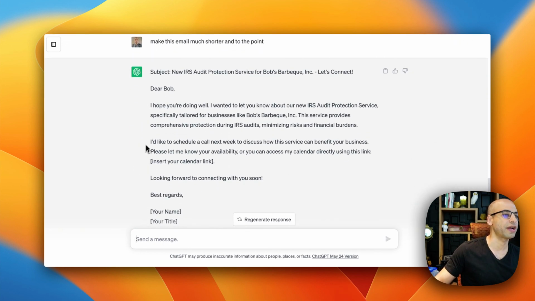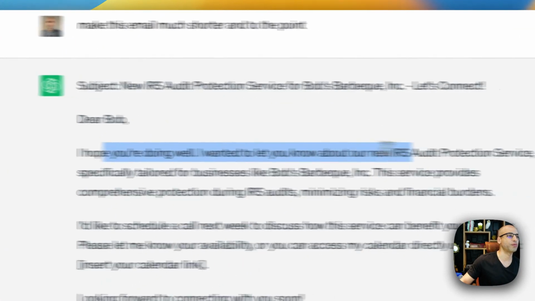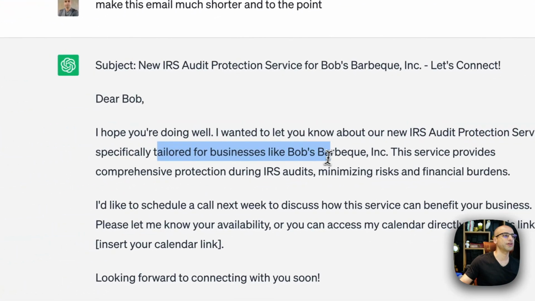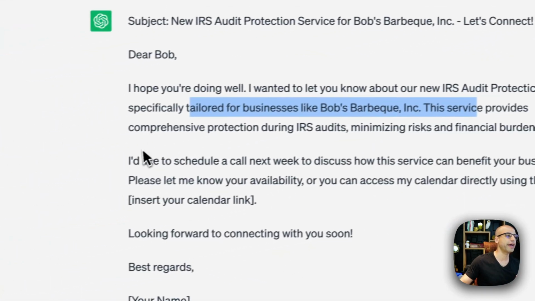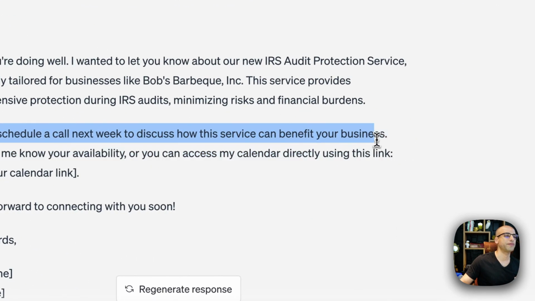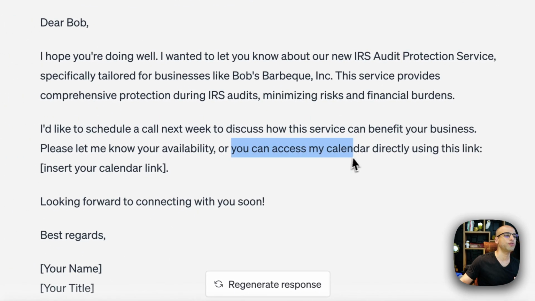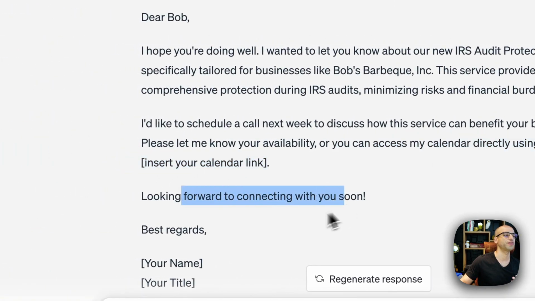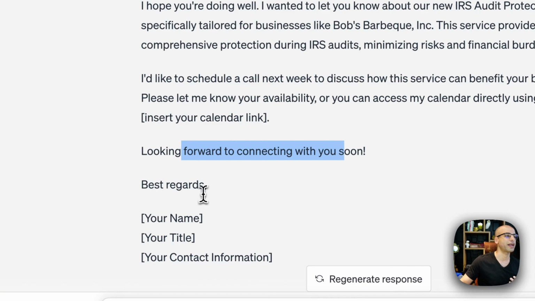Okay, so I can see right away this is much shorter. Same great subject line. Dear Bob, I hope you're doing well. I wanted to let you know about our new IRS audit protection service, specifically tailored to businesses like yours. Okay. I'd like to schedule a call next week to discuss how the service can benefit your business. Please let me know your availability, or you can access my calendar directly using this link. Looking forward to connecting with you soon. Okay, this is great. I'm going to go ahead with this, and I'm going to go ahead and send it